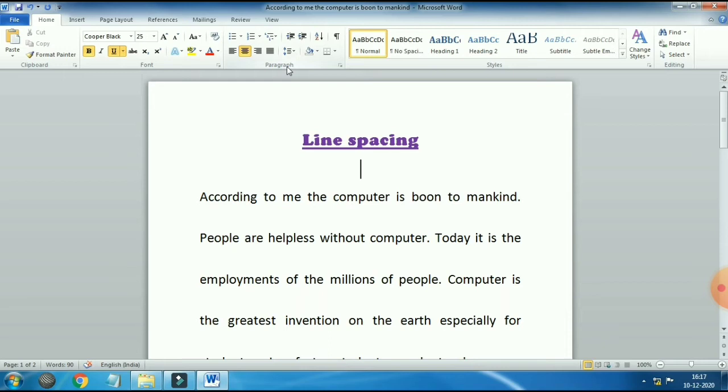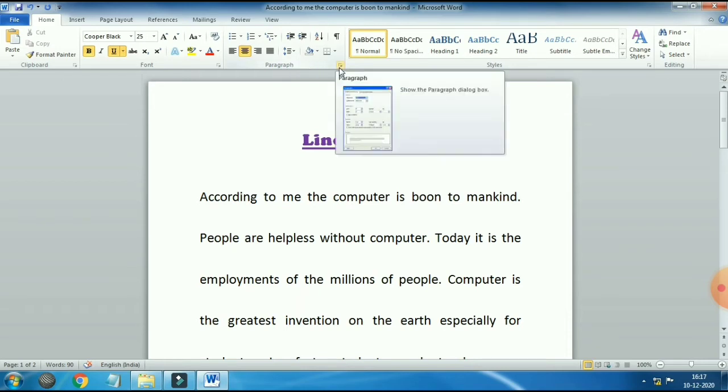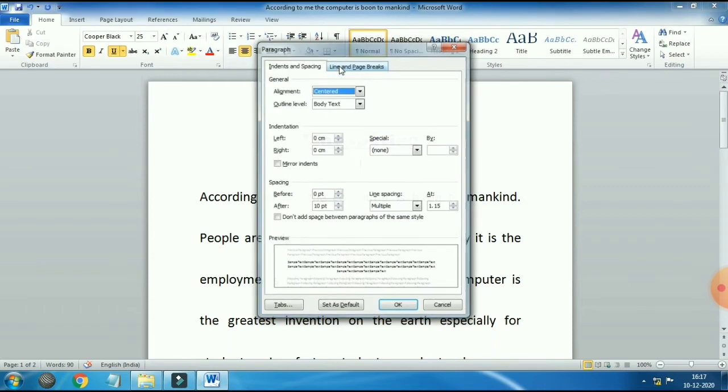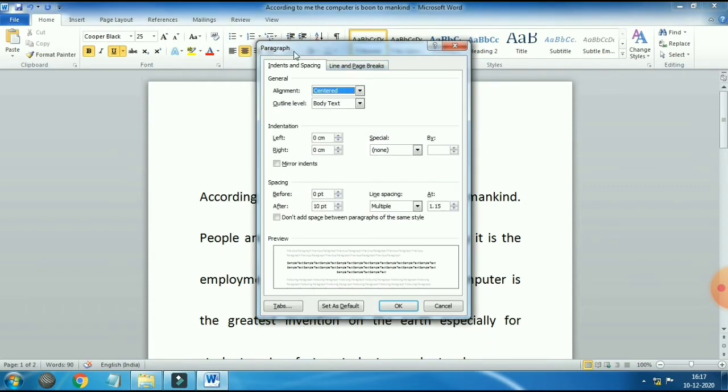Another method, you can also choose the paragraph button at the bottom right corner. This is the paragraph button, click on this. It will show you a paragraph dialog box. In this, the indentation and spacing options are also for line spacing. From here you can also change the line spacing.